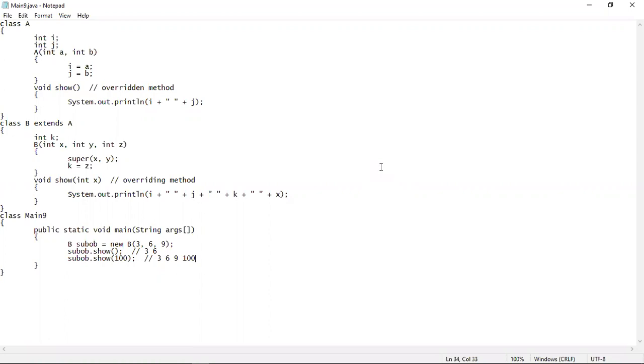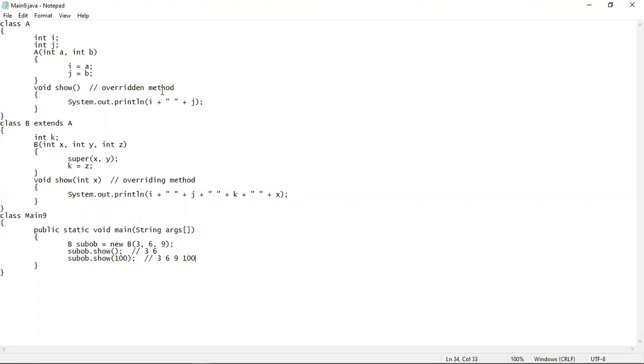Here you can see that the second rule of method overriding is violated, which says that the names and type signatures of both the methods should be the same. Here the type signatures are not the same, although the names of the methods are the same. That's why method overriding is not taking place. Instead, method overloading is taking place. So today you have learned that whether the overloaded methods are in the same class or in different classes, method overloading will still take place if the type signatures of the methods are different.